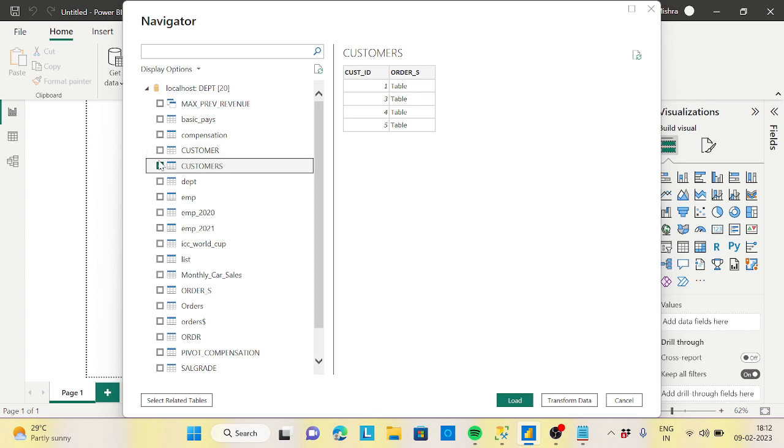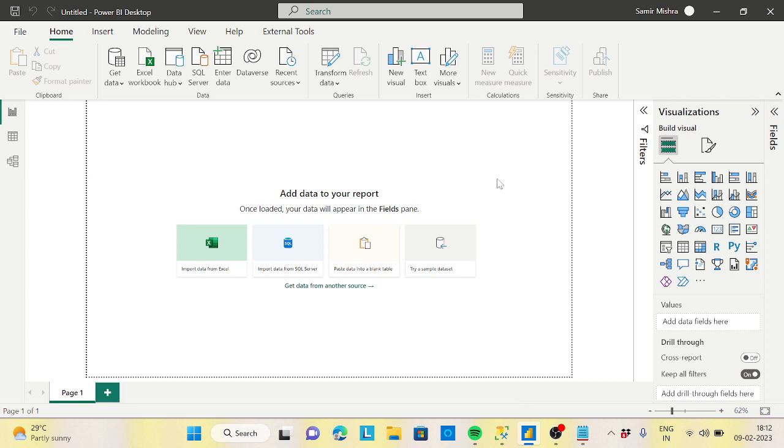Let me check something, let's take the department table. I'm not doing any transformation, but it is already there. There's no transform, I just have to see that. So if you click on the load,